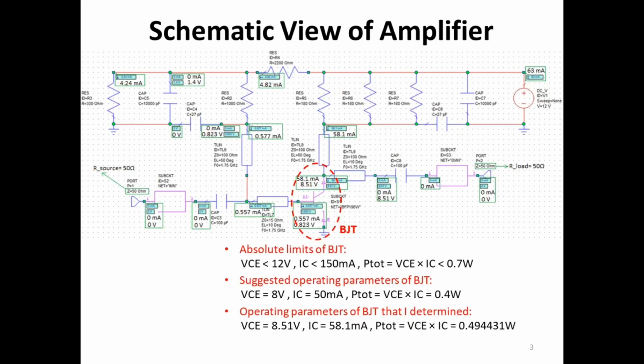For this schematic I determined the values of the resistances by assuming that the current IC, which is suggested to be 50 mA, is equal to 10 times the current passing through the resistance whose ID is R4, and the base voltage of the BJT is 0.8 volts. As shown in this figure, I put decoupling capacitors and DC block capacitors for the DC part of the amplifier.